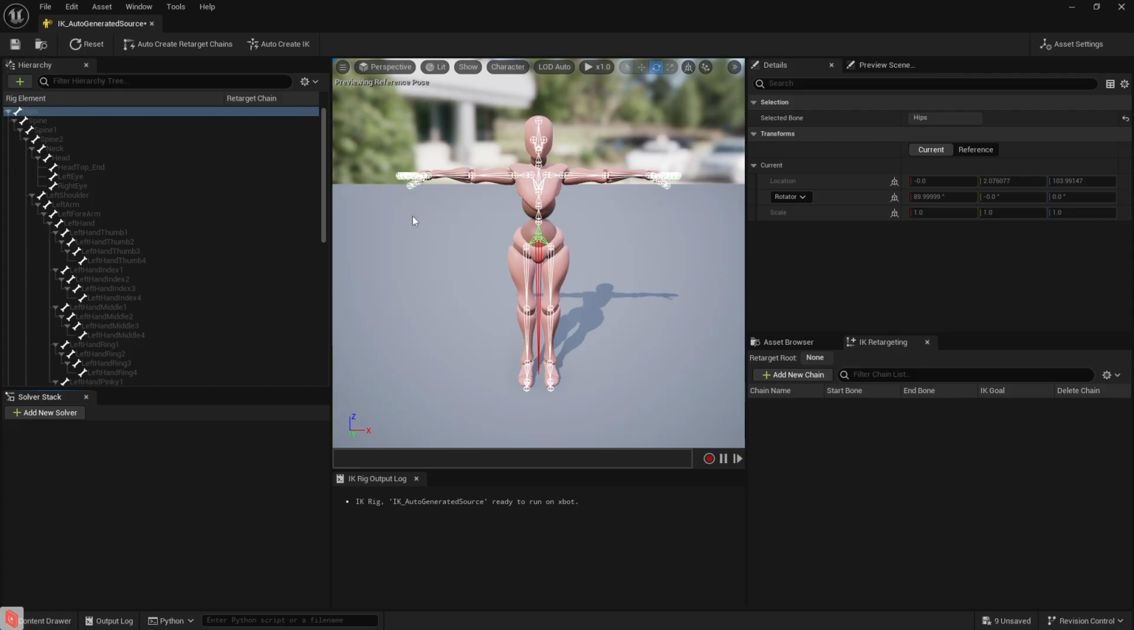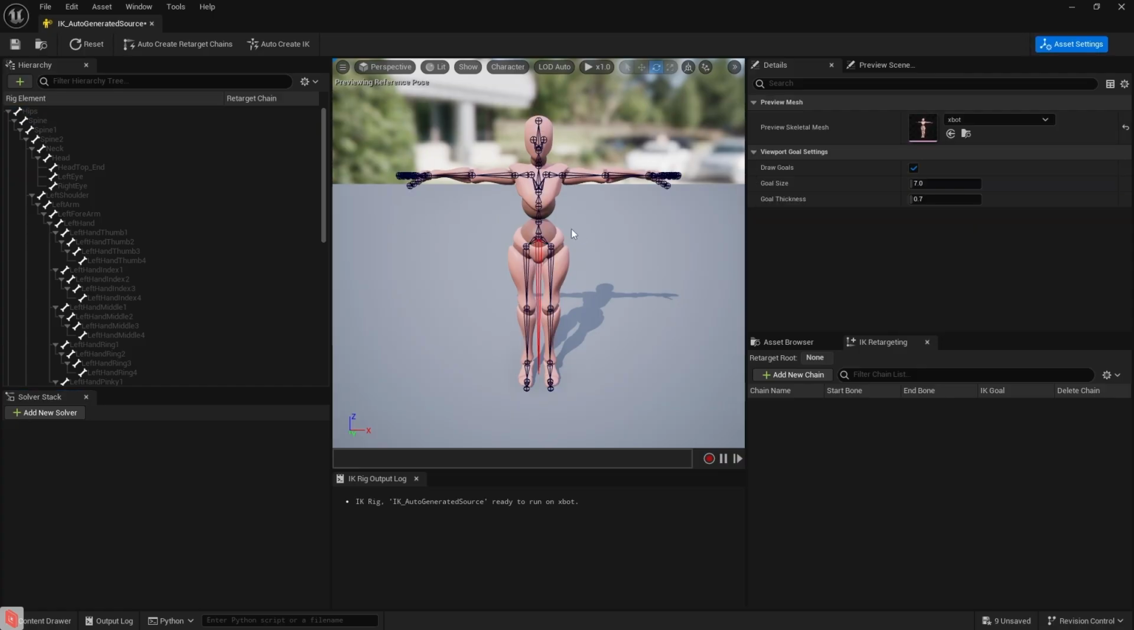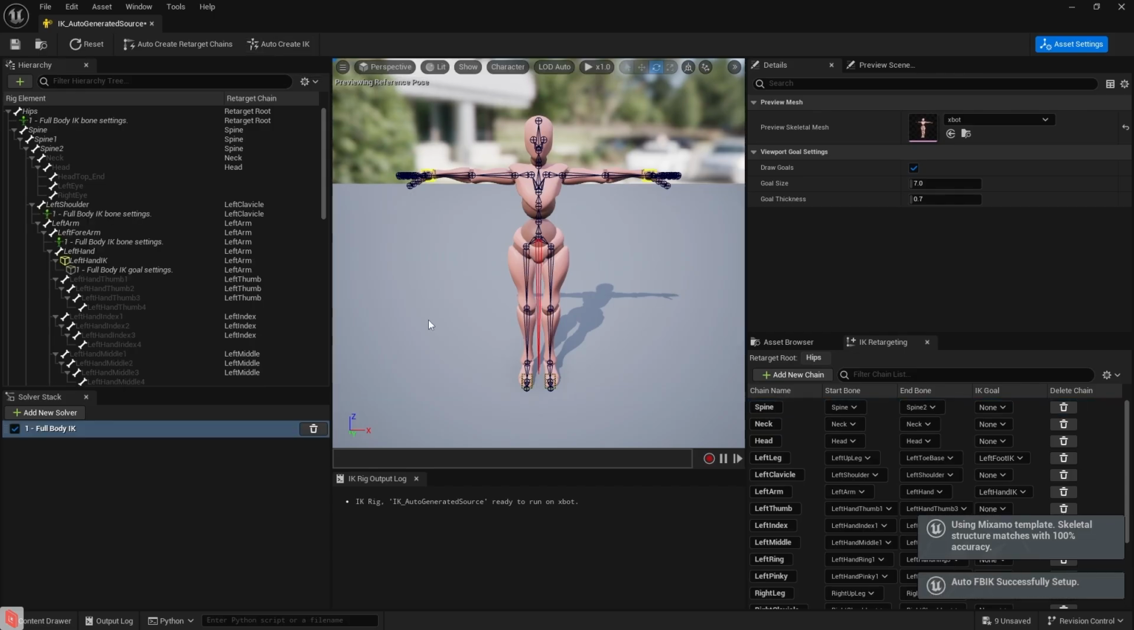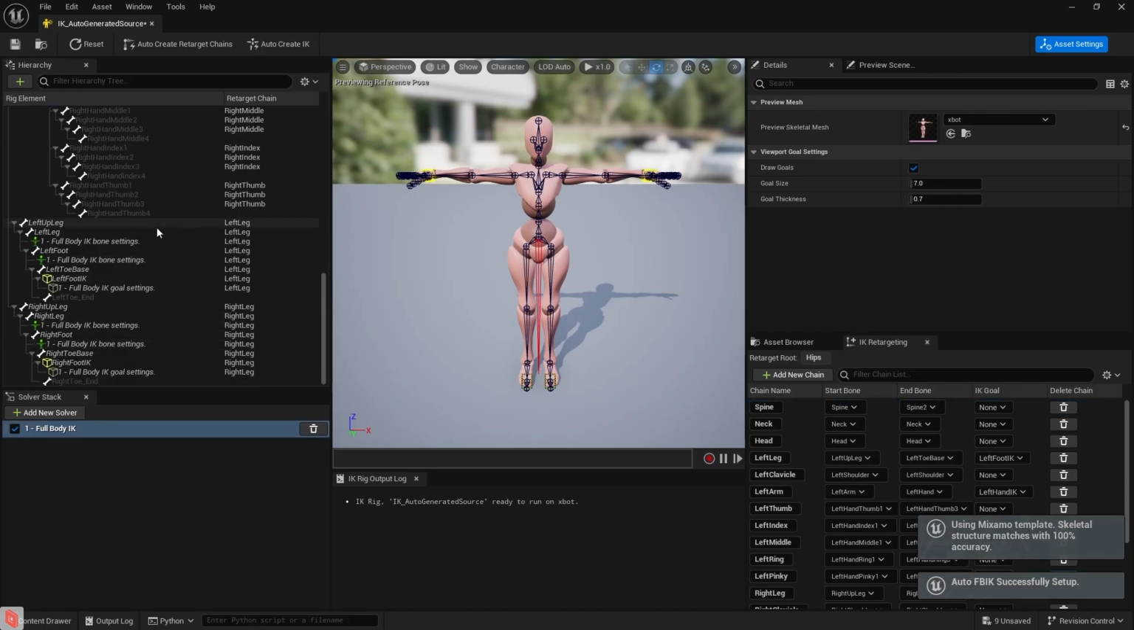So for instance, let's say I already have the smooth smoke character and I didn't use the auto retargeter. So therefore I'm just going to say, hey, auto create me my chains and auto create IK. And boom, that's all good and fine and dandy. That's great. I'm going to go ahead and save that. And I can now use this on any other